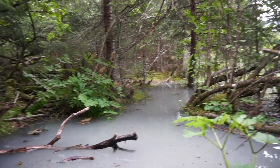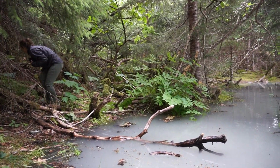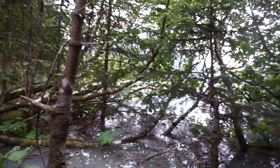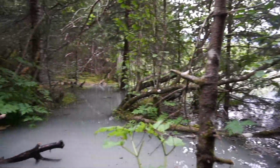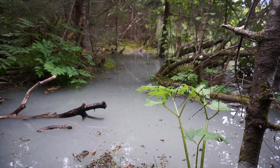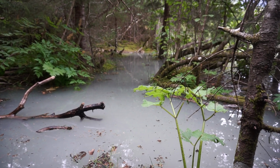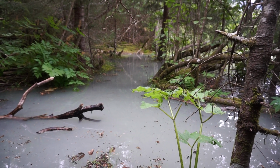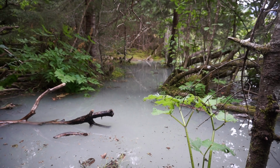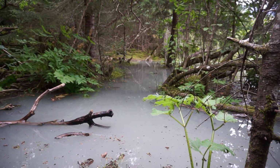So this is the trail here. As you can see, we're having to skirt around it in some spots because the lake, which is out there, has definitely come up. The glacier is melting at such a rate right now that the river can't hold it, and so the lake is backing up, and there's quite a few spots here where we've had to go around